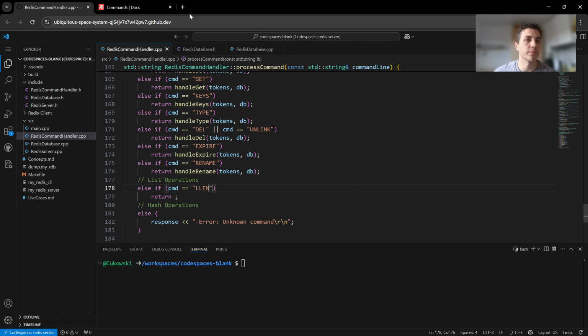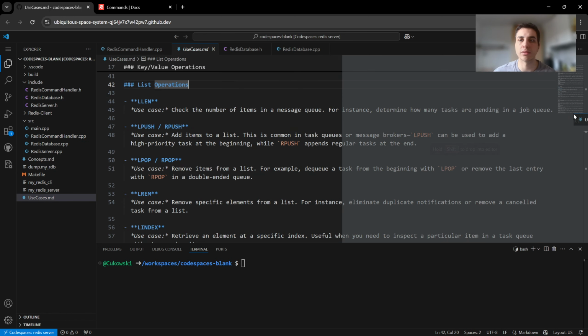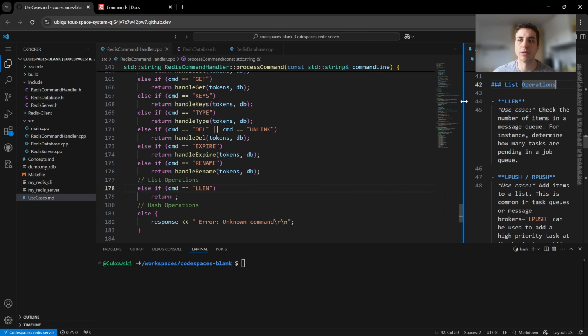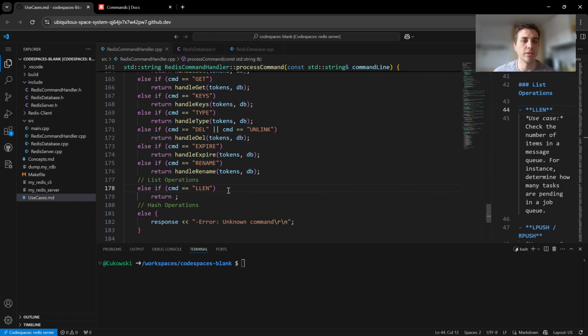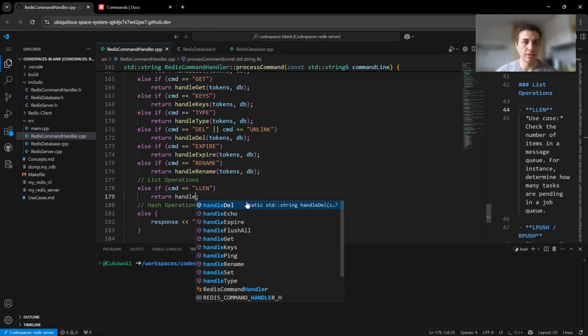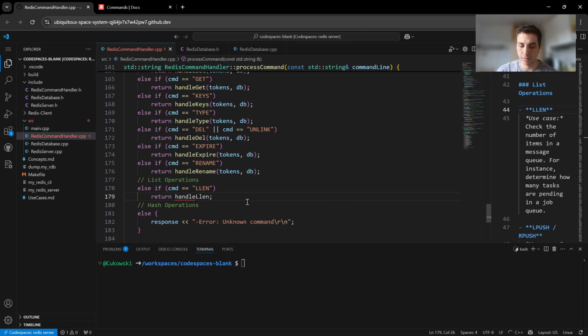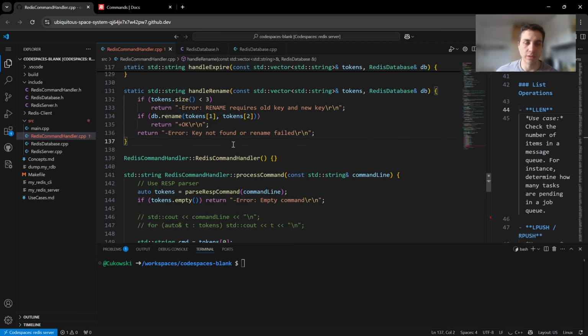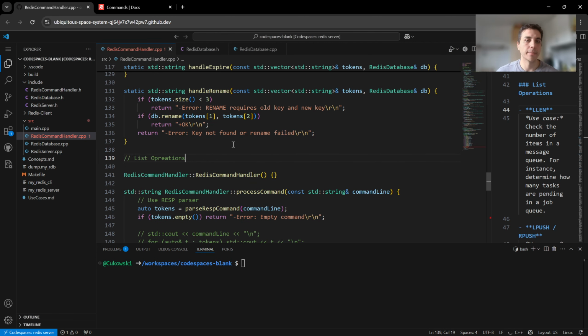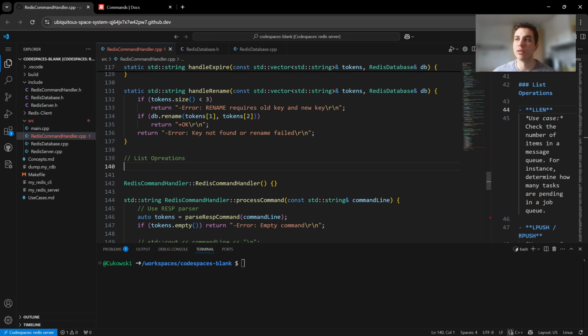So I can open the use case on the site. I just want to see the names. So if we have LLEN, that means we will just return a function called handleLLEN, which we will give the tokens and database, just like others. And then we will, of course, need to implement the functions. For now,